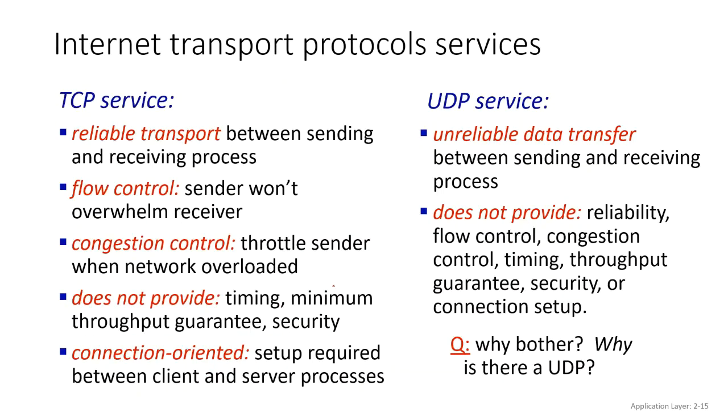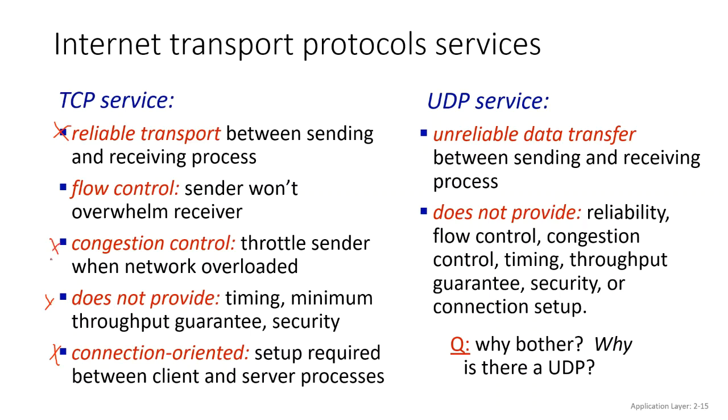All right. So Internet Transport Protocol Services, basically this is your normal TCP properties that we all know, right? We have a reliable transport. You have to make sure that the transport is fine and arrives well, because it's connection oriented. It doesn't provide timing because there's this handshake property. It just needs to make sure that everything is going well. It also makes sure that